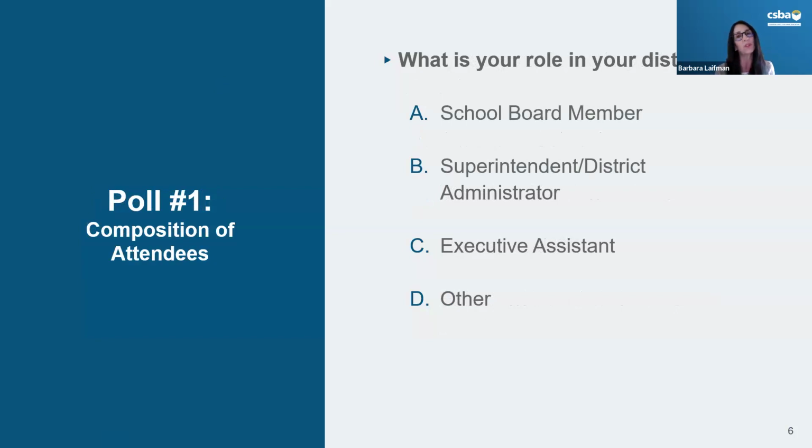In other words, it's going to help us do our job better. So let's do the same practice that we did before. I'll read it off. The poll is, what is your role in your district? Are you a school board member, a superintendent or district administrator, an executive assistant, or do you hold another position within the district? And we'll take a few seconds again, and then we will look at the results.